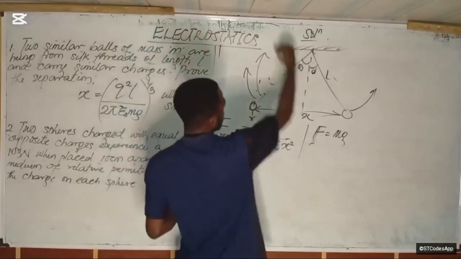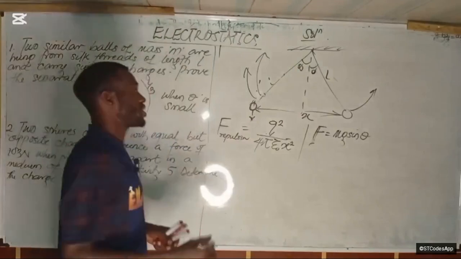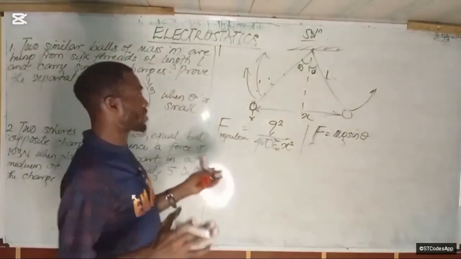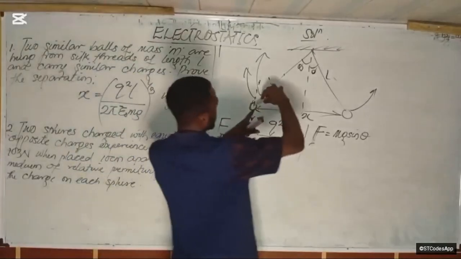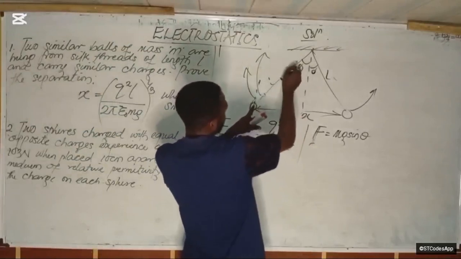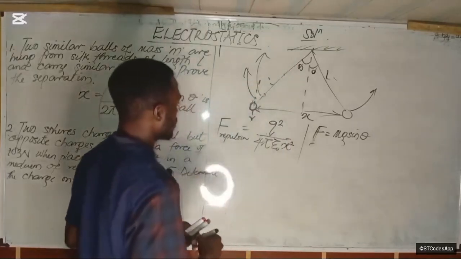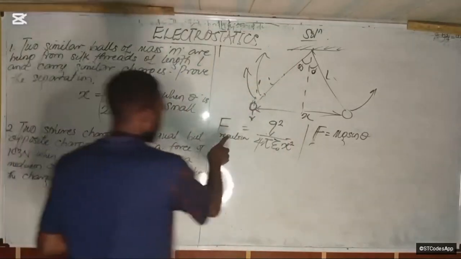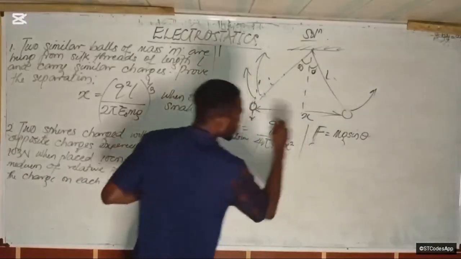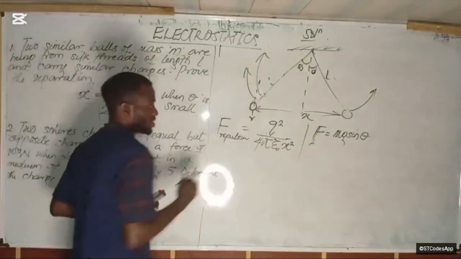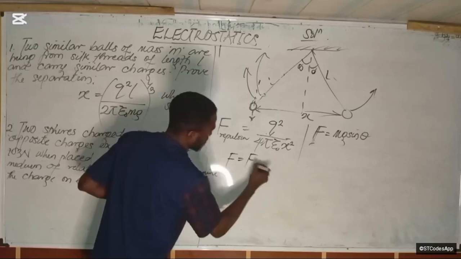Since it is opening this angle, it will be mg sine theta. I have explained that before. When it is opening an angle, you use sine theta. When it is closing an angle, you use cos theta. But let's be sure, since the force acting in this direction is actually opening this angle here, it is mg sine theta. So this force of repulsion is the one that is trying to equilibrate it, so it's equal to the force that equilibrates it at the end of the day. So this and this will be equal, so that we have F equal to F of repulsion.